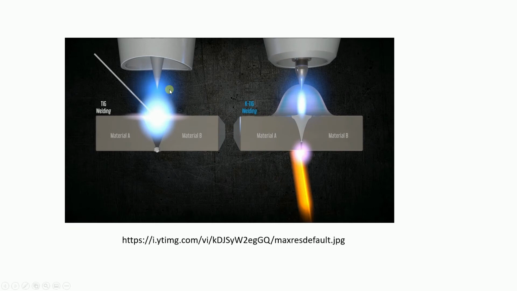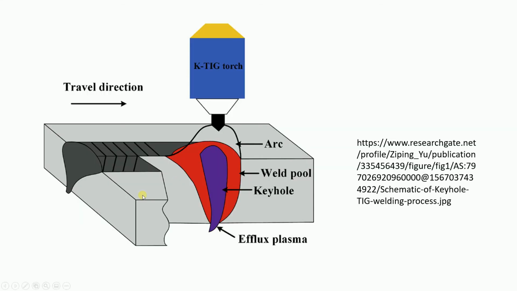Another one is keyhole welding. What is keyhole? This is normal TIG welding, and this is keyhole welding. If you are making the tail, right, that is called keyhole welding, which we use if you want to weld heavy thickness jobs like 10 mm, 12 mm, 15 mm. You should go for the keyhole TIG welding process. Within one attempt it can make maximum penetration, so you will make the joint within one attempt. And there is a tail formation available. By seeing this itself, you can easily tell that we are using keyhole. And when it acts, you cannot say that it will act with 100 ampere or 120 ampere. It will act at more than 300 ampere, right?